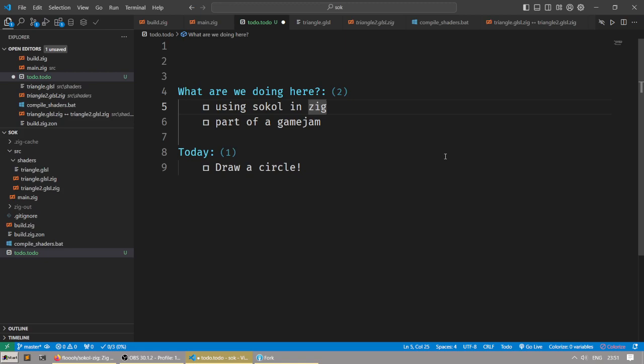Because, so what is the problem? So today I want to draw a circle, but let's do it like this. And to draw a circle, we need to do a few things. And first, I do want to guide you through the code first. But to draw a circle, we are going to need to figure out how to draw,